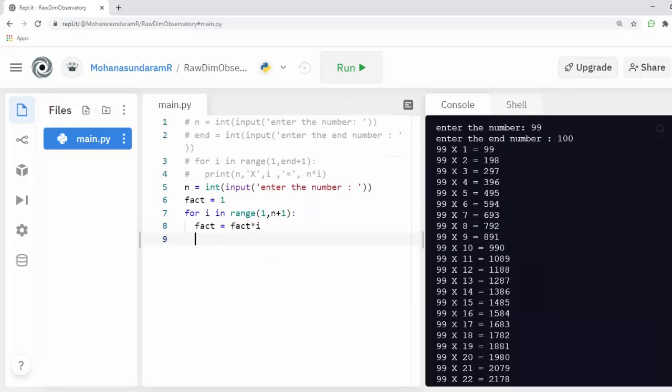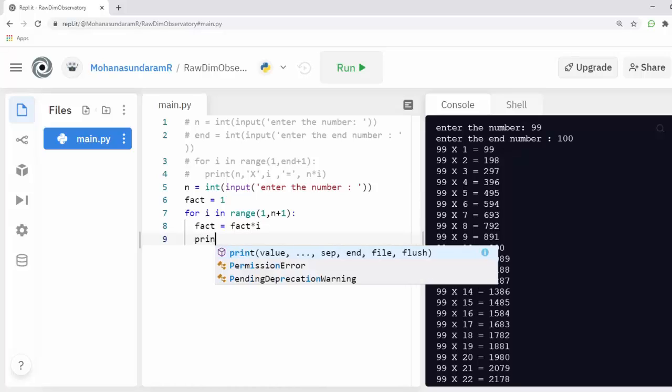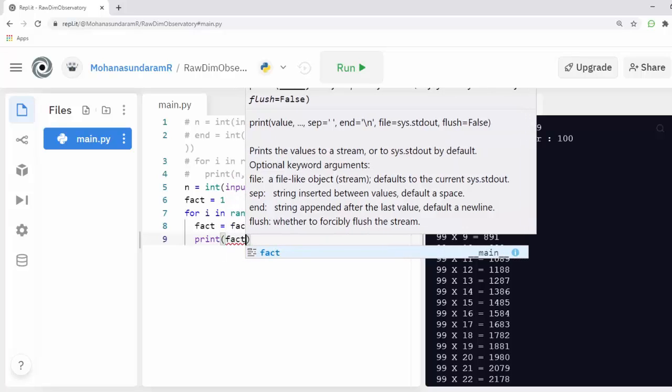Sorry for the intelligent text editor intelligence, I'm getting some trouble here. Okay, I'm printing my fact value here.